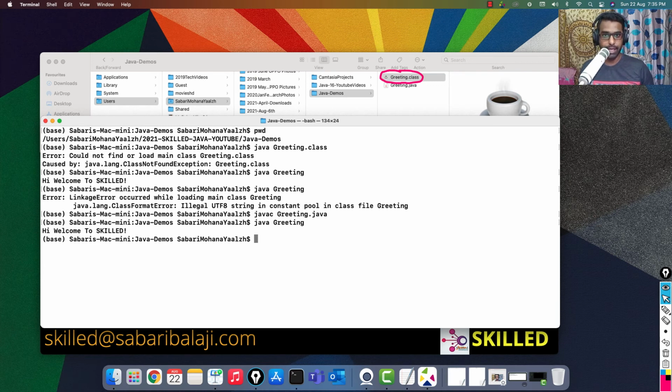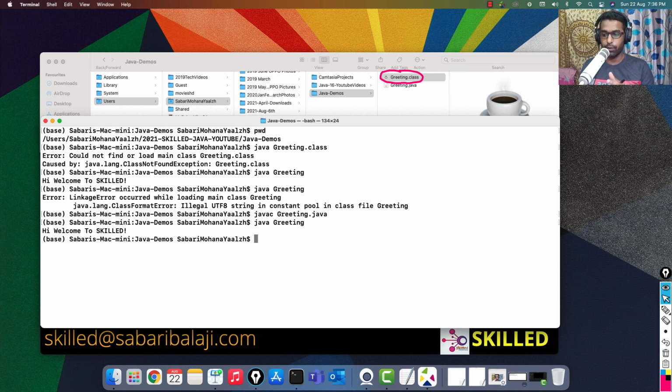Now the format error is not appearing. The format exception doesn't occur at runtime. The reason is we recompiled the source code and produced the original version of the dot class with the help of the compiler. Now the JRE is loading the dot class using the class loader and handing it over to the bytecode verifier, which verifies this dot class and confirms that it is the original version. It's not a modified version. And once the standards are verified, the bytecode verifier hands it over to the JVM. The JVM then executes this piece of code.